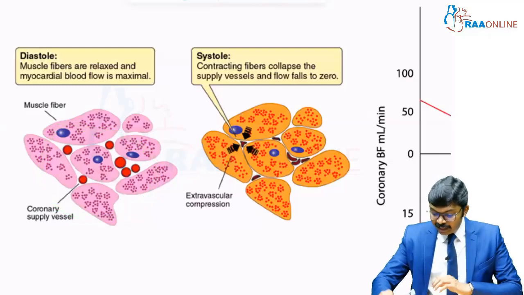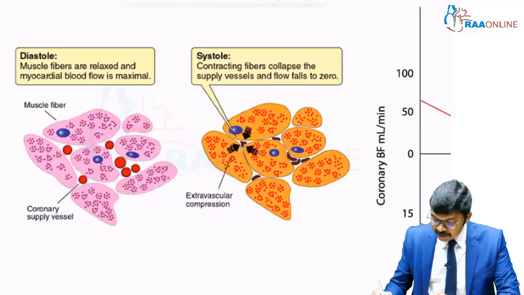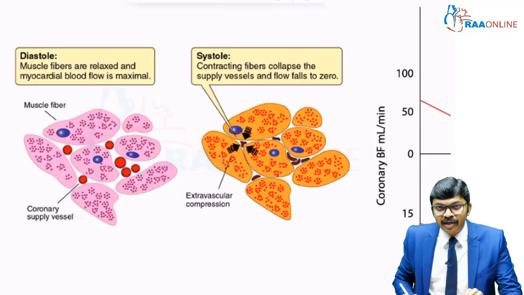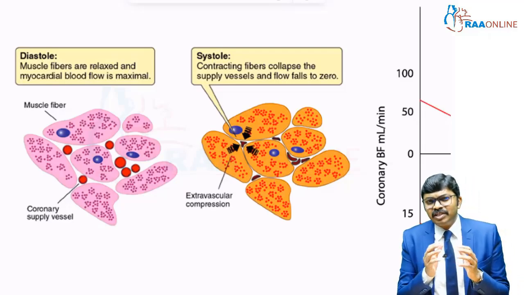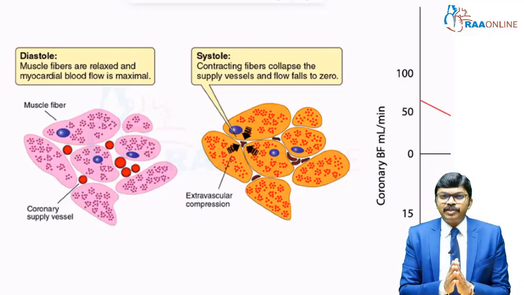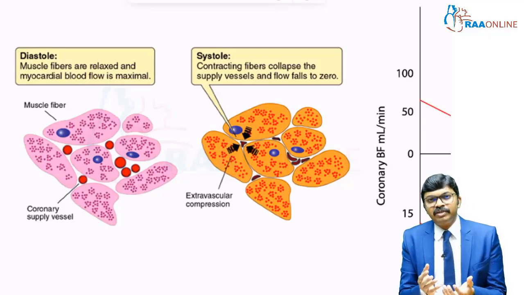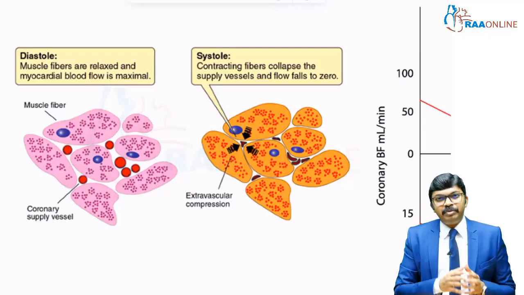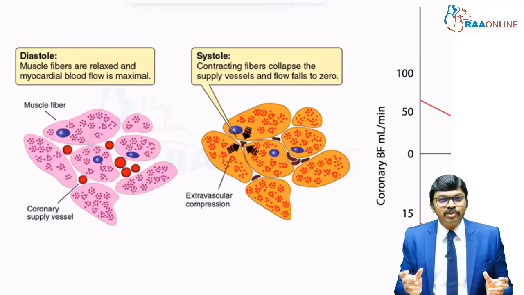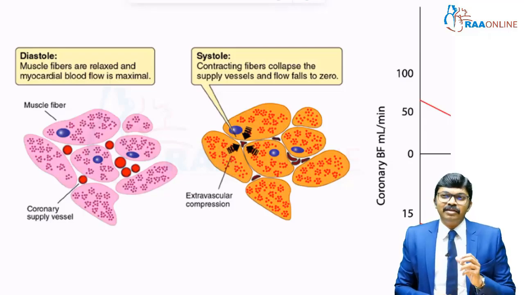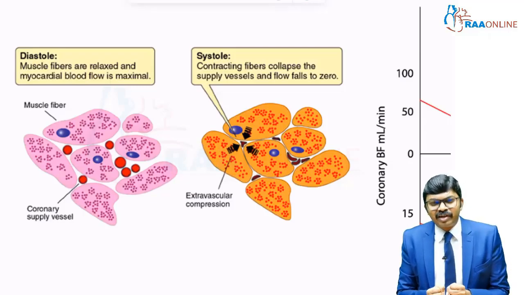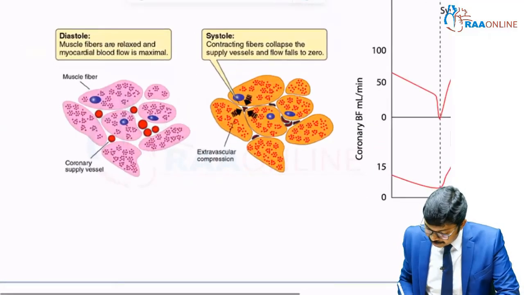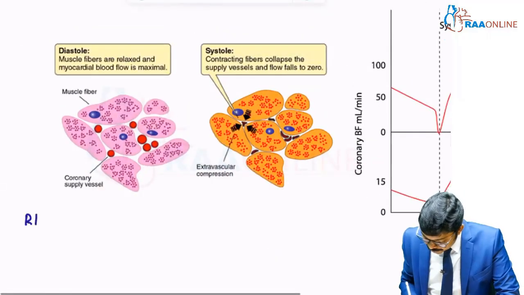Alright, so when it comes to the left ventricle, please remember this manifestation is only for the left ventricle, not for the right ventricle. Reason? The right ventricle is not such a thick structure. You should have a thorough understanding of the shape of the heart, the structure of the heart, how the right ventricle appears, how the left ventricle appears, what the thickness of those chamber walls is and everything. Right ventricular walls are not thick enough to cause a compression effect, guys, so it is not going to create any such effect. When it comes to coronary filling, alright, see people, right coronaries,